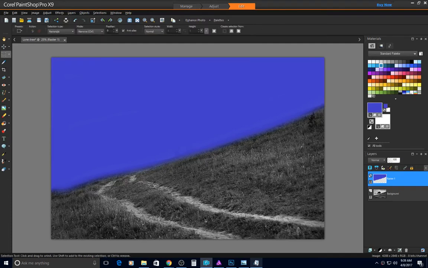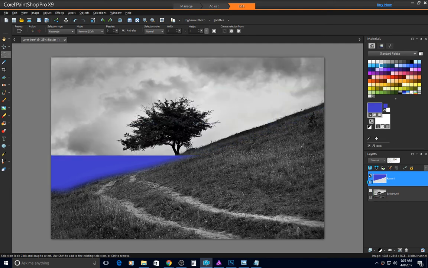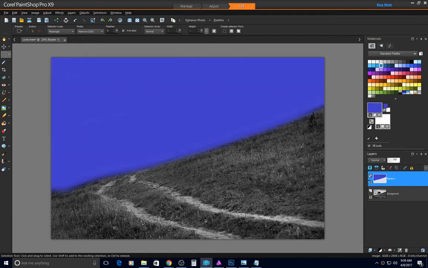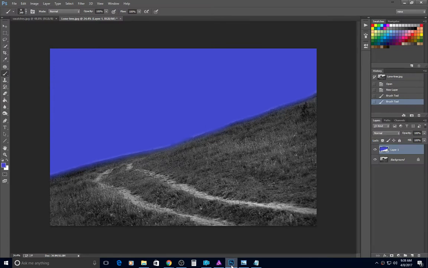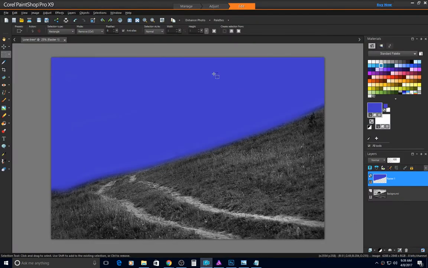I wanted to do a hopefully fairly quick video about blending options. This is a photo of a tree against a cloudy sky, and I have opened it up in PaintShop Pro version 9. I have it open in Affinity Photo, and I have it open in Photoshop. And just to speed things along, I went ahead and colored in my sky on all three of these programs. Now the problem is you cannot see through the color because I have it set to normal here on the